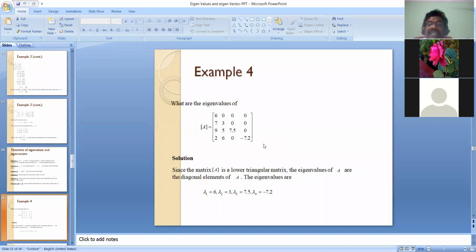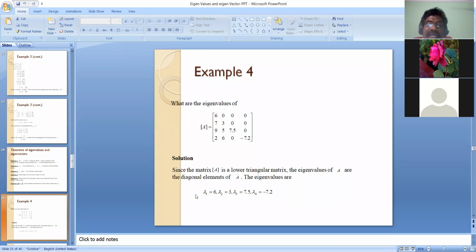If you solve that equation, we get lambda 1 equal to 6, lambda 2 equal to 3, lambda 3 equal to 7.5, lambda 4 equal to minus 7.2. So from this, we observe that the eigenvalues of a lower triangular matrix are